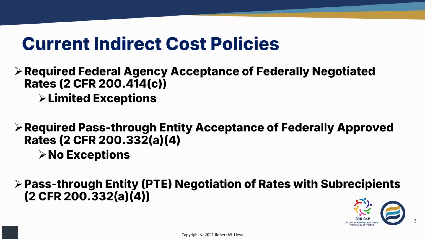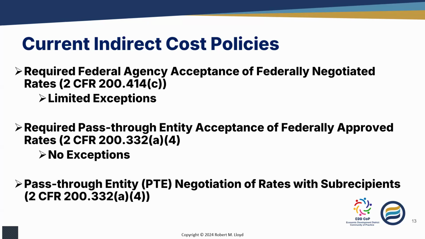And state agency B can say, no, we're not going to accept it, or they can say, yes, we will. It's all up to them. And OMB has not forced their hand in terms of that particular issue. So this is where a lot of organizations that don't have a direct relationship with the federal government end up in a rock and hard place situation.